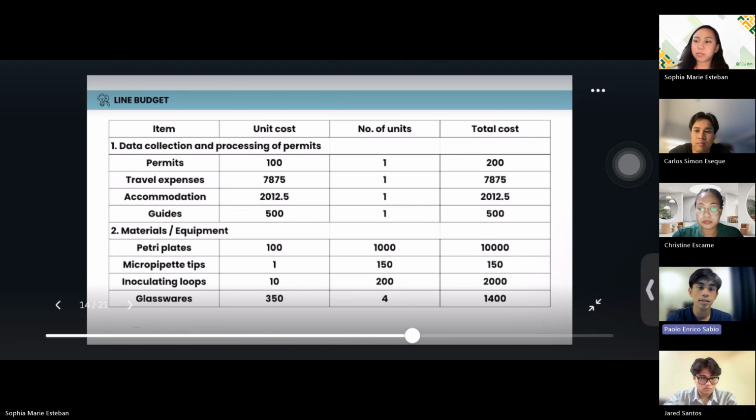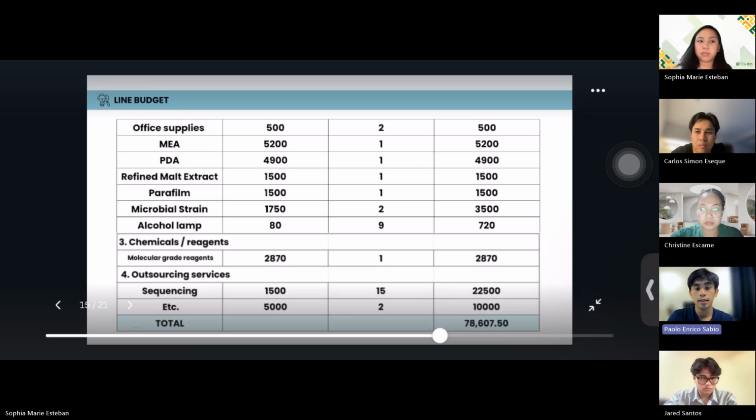Moving on to the current budget status of our group, the study remains financially stable despite initial constraints. The major expenses were minimized through in-kind support from a diagnostic laboratory, which provided essential laboratory materials, such as petri dishes, reagents, inoculating loops, and other consumables. Only minimal personal expenses were incurred for transportation and minor materials, as well as fieldwork expenses. Overall, the budget is adequate and efficiently managed, allowing the continuation of the study without financial setbacks.